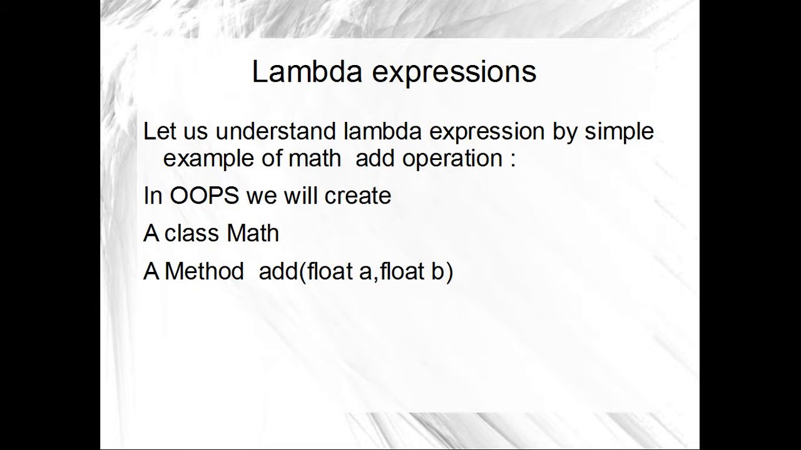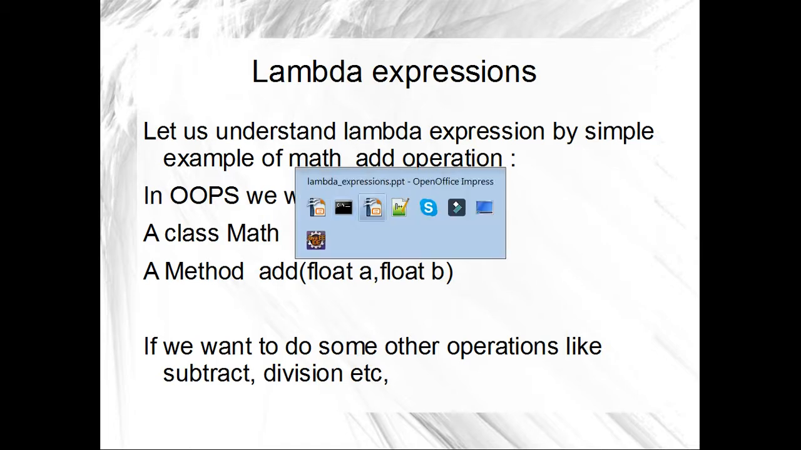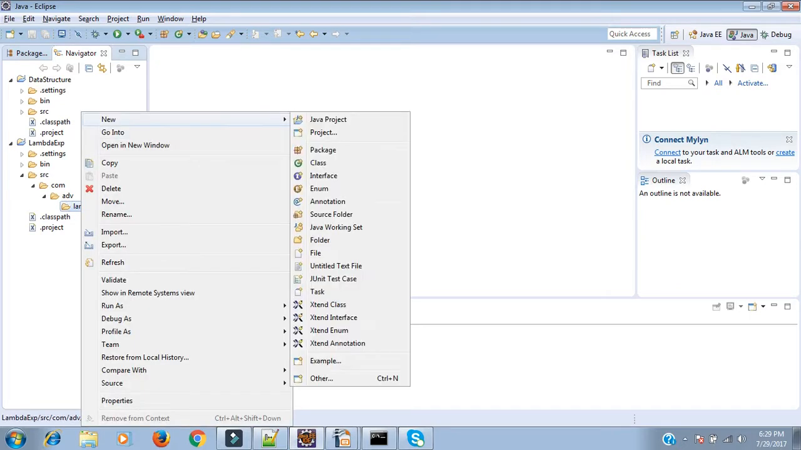There's a requirement. I want to create an add method which adds two floats. So first I have to create a class in object oriented principles. Let us create a class Maths and a method add in that class. So let us do some practical of object oriented programming. Then we will switch to how we can do this using lambda expressions. Okay, so let's create a class